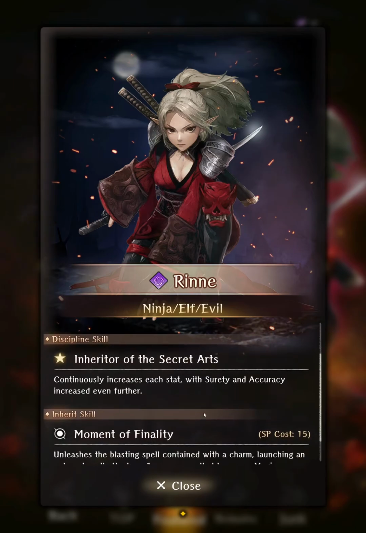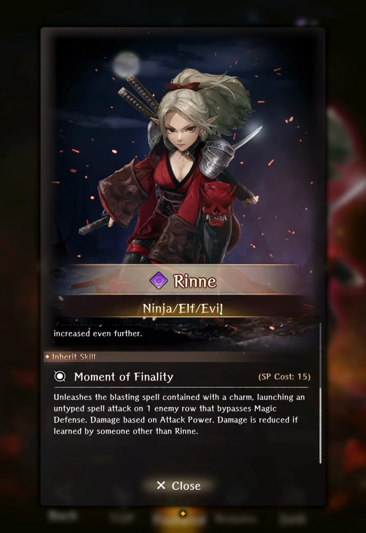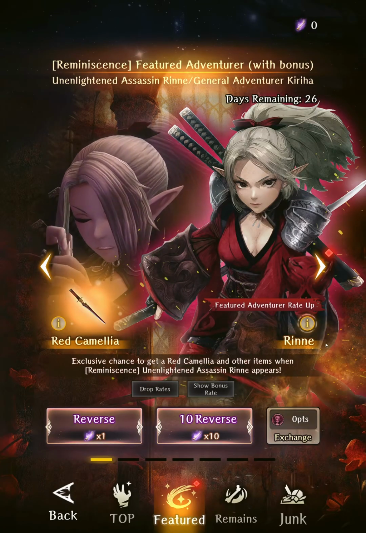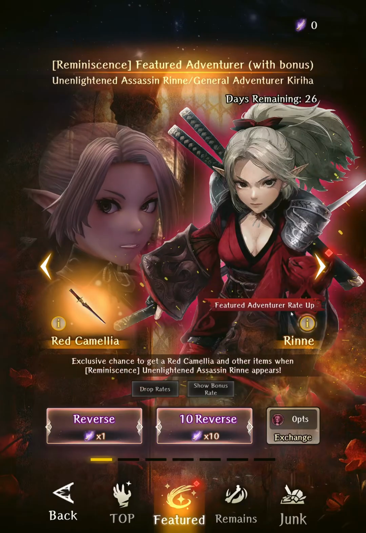Yeah, and her discipline, she gets extra surety and accuracy, and then in her hair, it's a moment of finality, which is a, let's see, it says blasting spell contains the charm: launch an untyped spell attack on one enemy row, bypass magic defense. It's based on attack power, so it's technically a spell, but it's based on attack power, so I assume by attack power they mean full attack. Yeah, I've heard mixed things about it. I don't think that's the main reason you use her. But